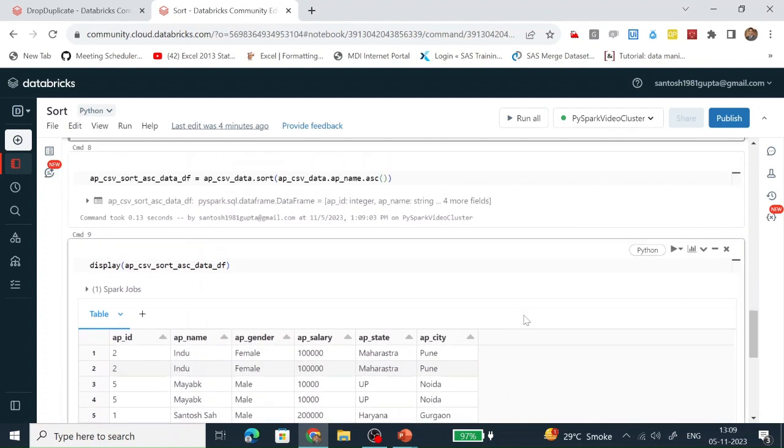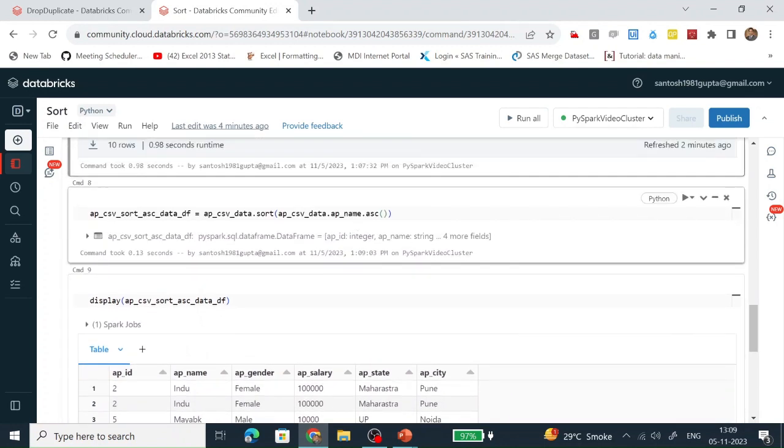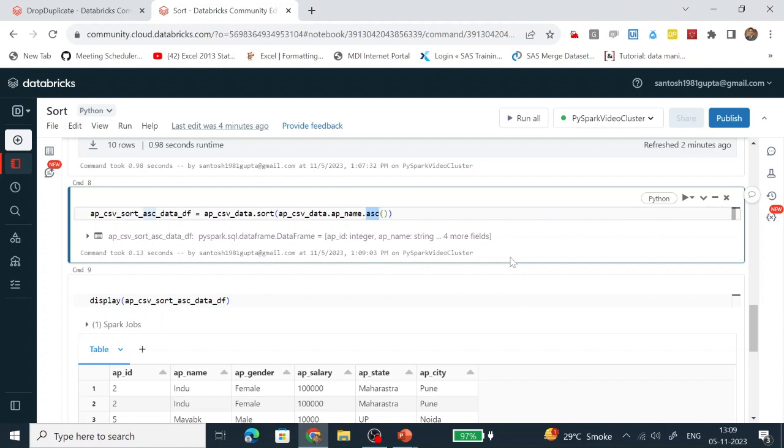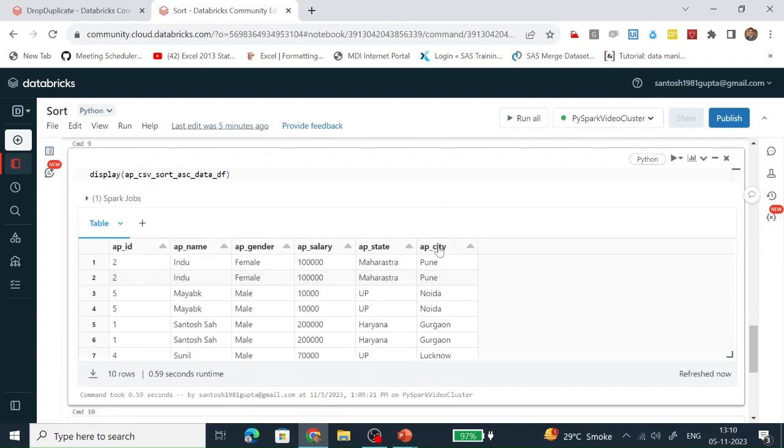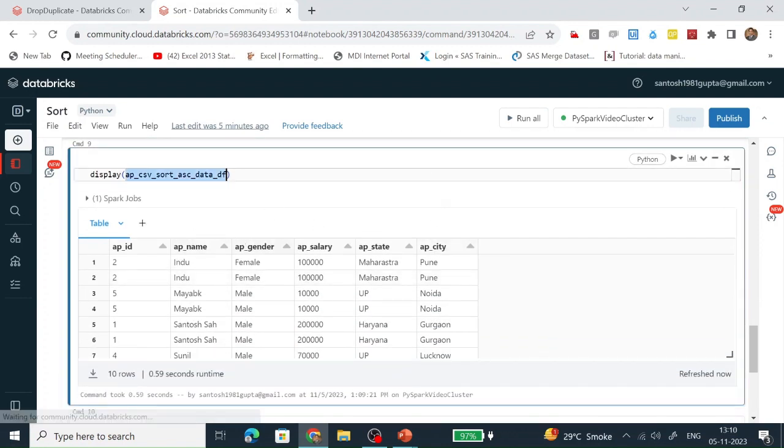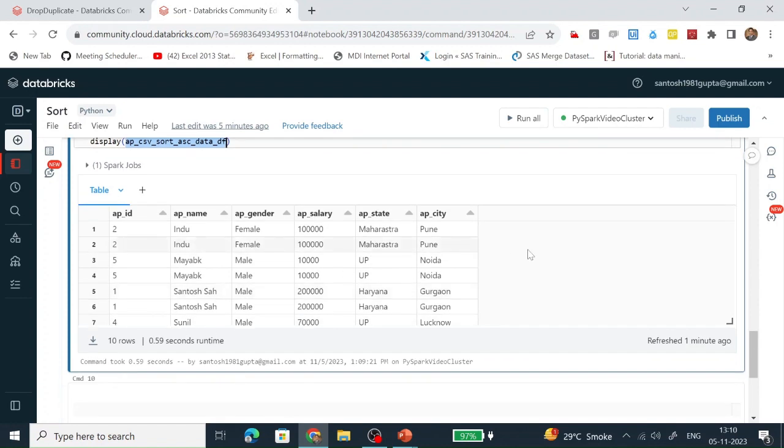Same thing we have done, but here we are providing which order it would be. So here we have provided the ascending order, not descending or anything else. This sorting is based on the AP name column and it will be in ascending order. In ascending order, the content looks like that because ascending order would be A to Z. The AP name column is of alphabets, that's why I comes first, then M, then S, then like that.